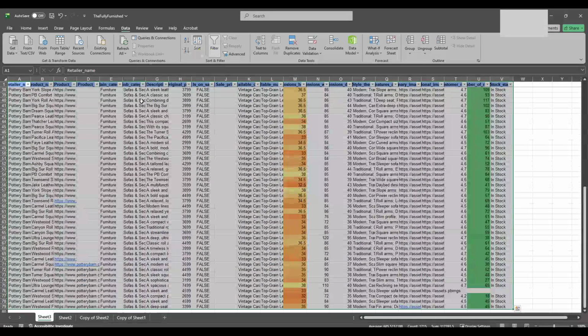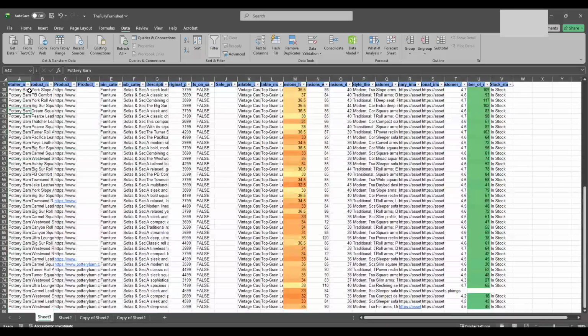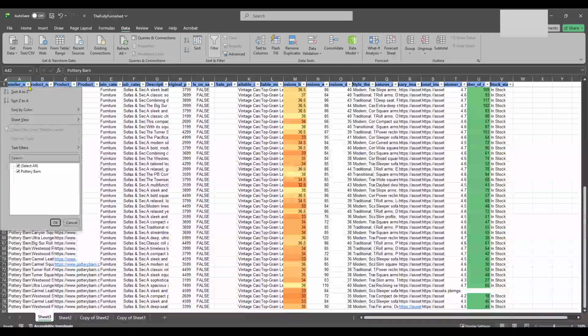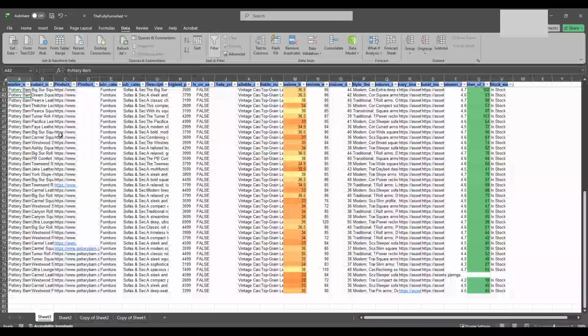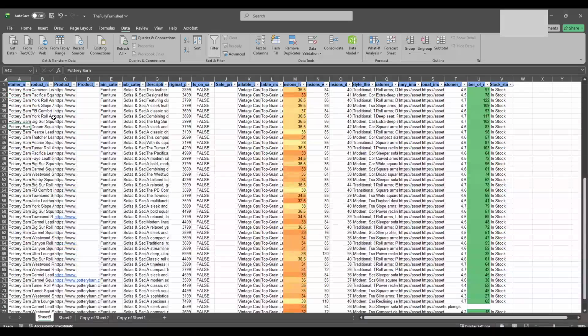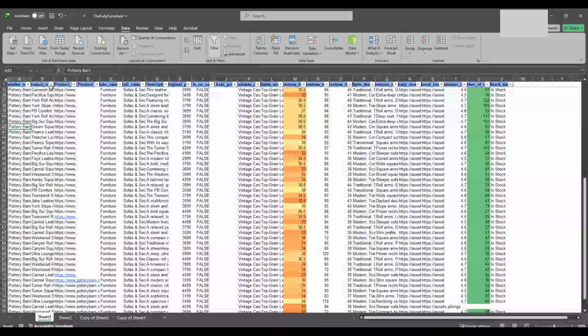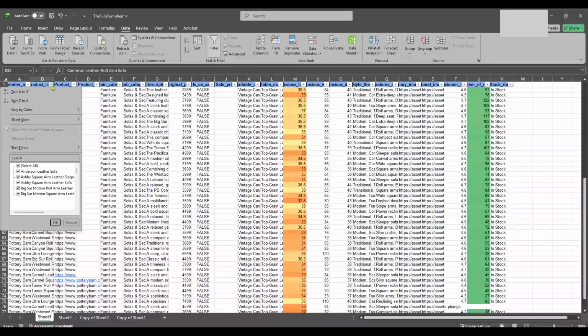Once you've set up your filter and your spreadsheet is displaying only the data you want, the next step is to copy it. Highlight the filtered data by clicking and dragging your mouse over the cells you want to copy. Be careful to select only the relevant information. Now, with your data highlighted, press Ctrl+C on a Windows PC or Command+C on a Mac to copy the data